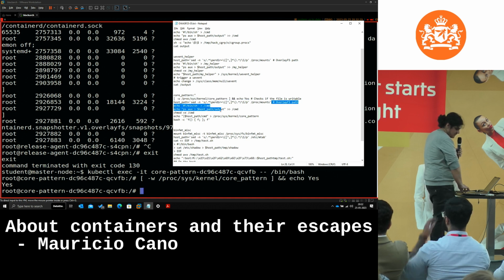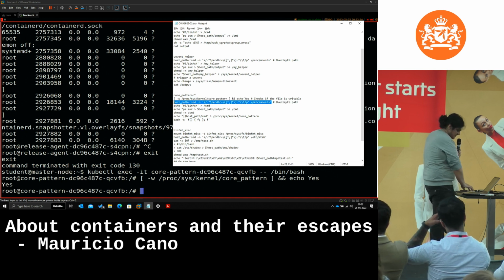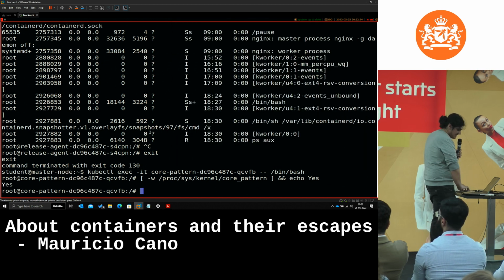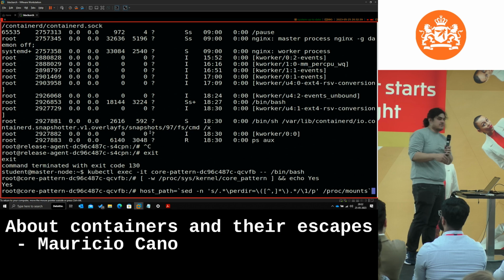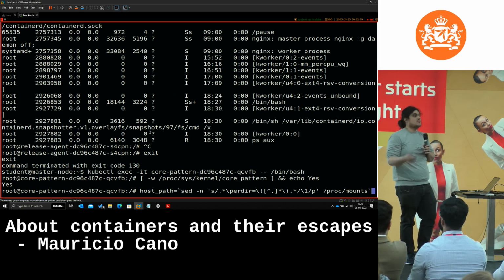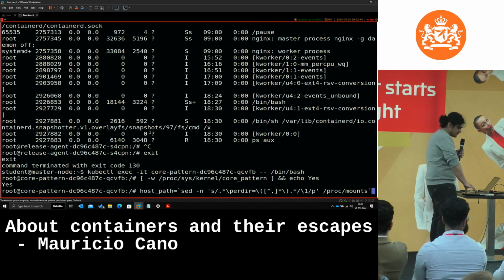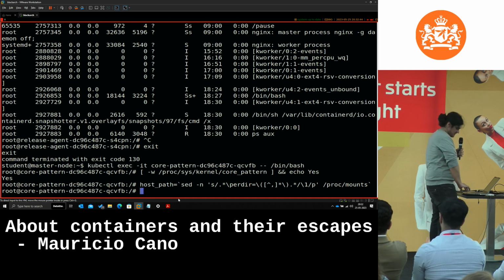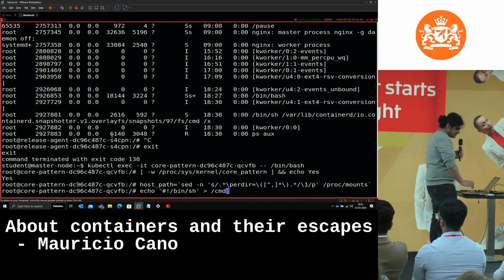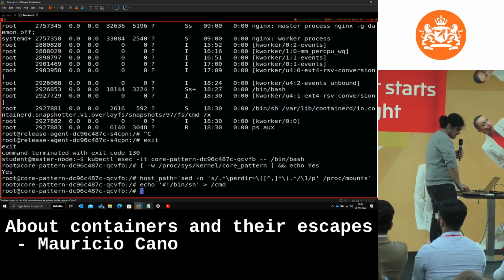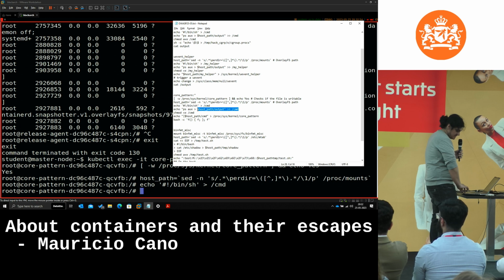Same kind of behavior. We find the host path. That's a critical part. And sometimes you can do it this way. Sometimes you don't have these files because the containers are properly secure, which means that you need to try more creative things. Then same pattern. We just create a command. And the command will contain certain things. In this case,